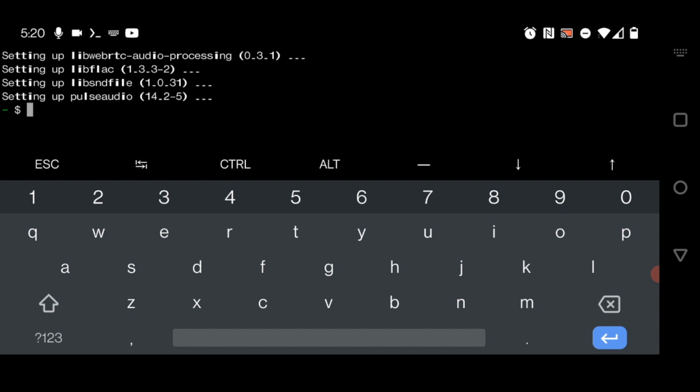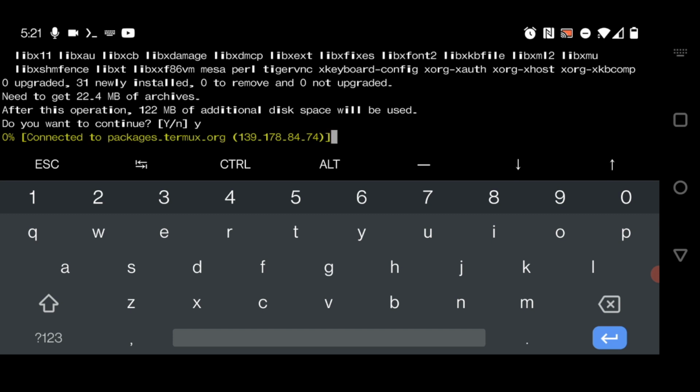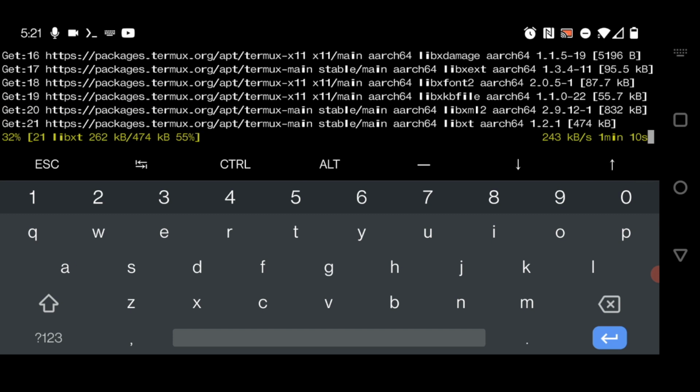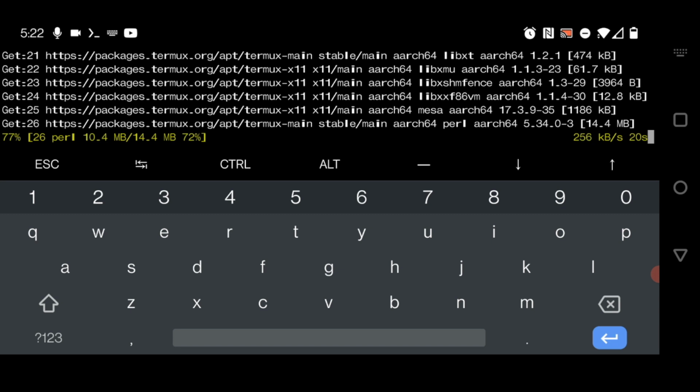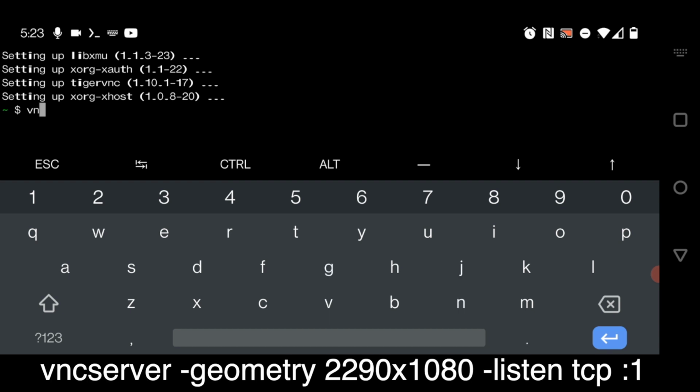Now you have to install the next packages. Just type here apt install x11-repo and apt install tigervnc xorg-xhost and hit enter. Type here y and hit enter. So let the download process complete. Just wait here. After the download process completes, type your command vncserver -geometry